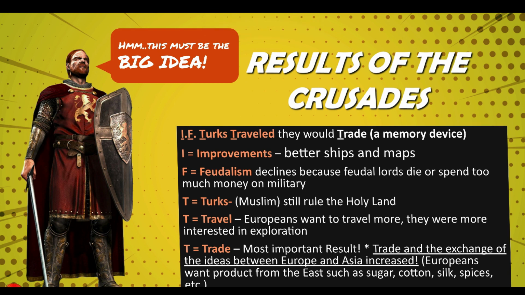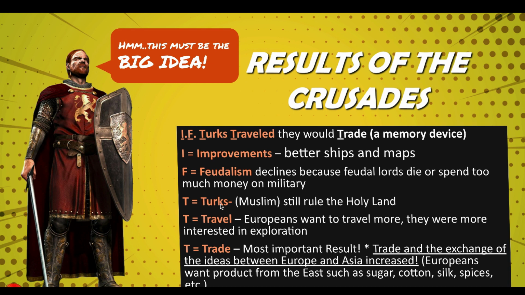So the big idea? These are the results of the Crusades. This is a memory device. It's not the best memory device in the world, but it helps. If Turks traveled. The if part stands for improvements and feudalism. So the Crusades led to better ships, better maps. There was a lot of travel. And then F, feudalism, declines because lords die fighting this war, or they spend too much money on their military. The T stands for